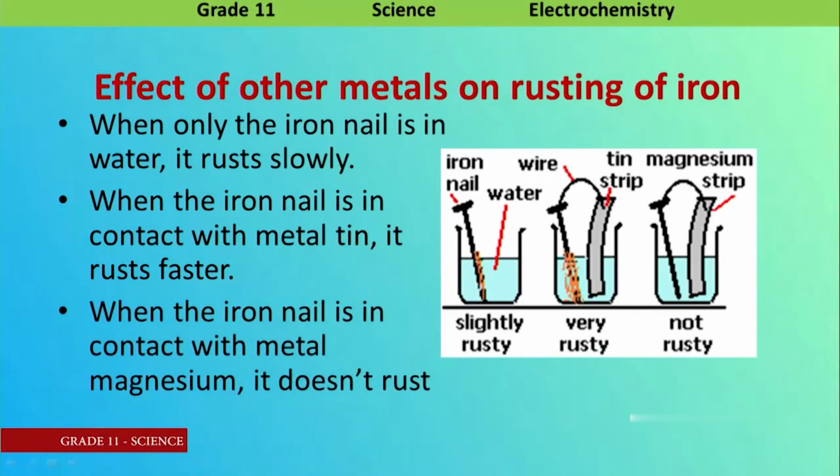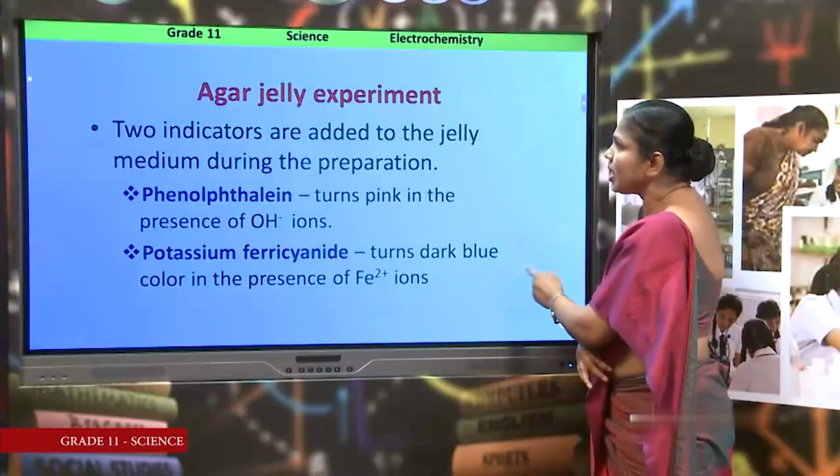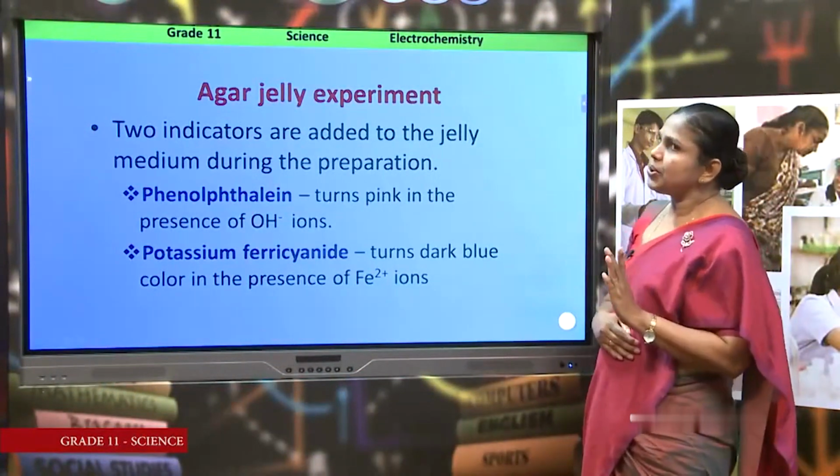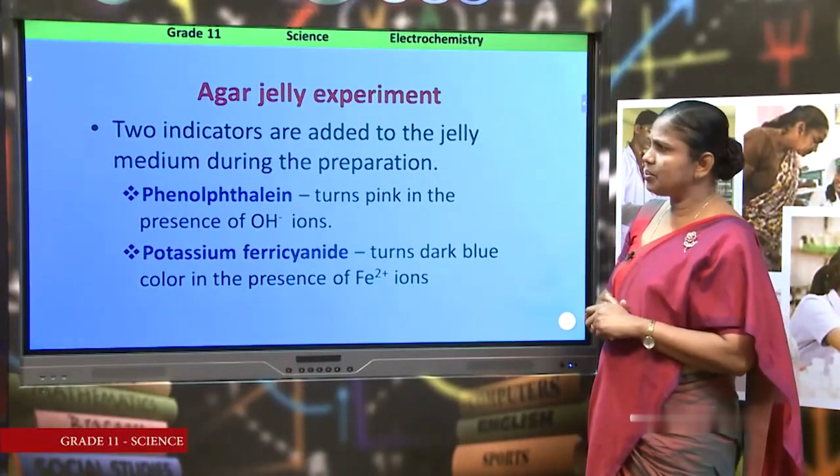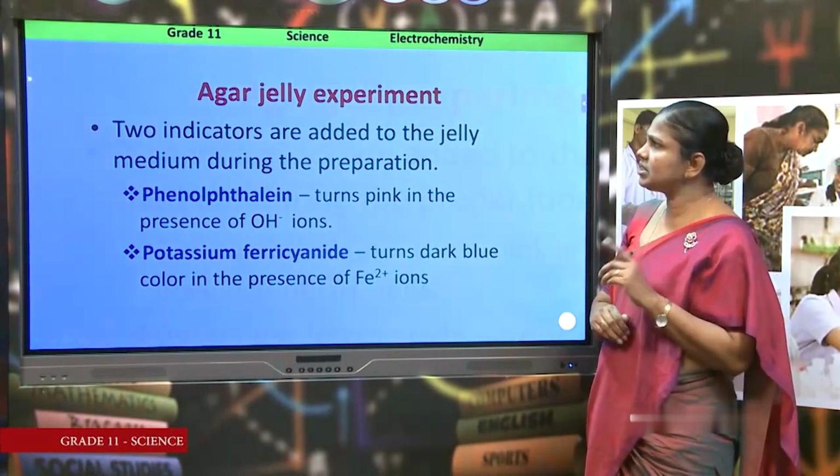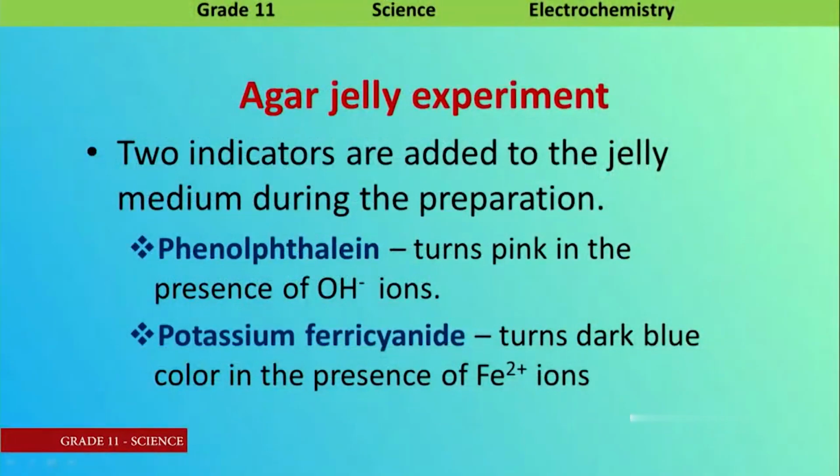When the iron nail is in contact with metal magnesium, it doesn't rust. What happens here? To inquire into this, we have to use a particular experiment called the agar jelly experiment. Agar is a kind of jelly, a white powder. When it is dissolved in hot water, a jelly can be prepared, and when the jelly is prepared,